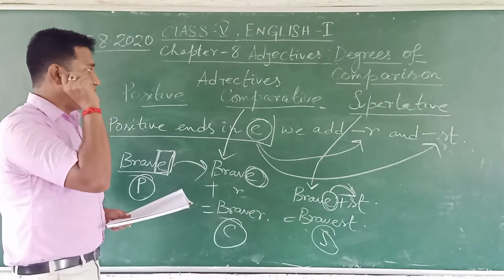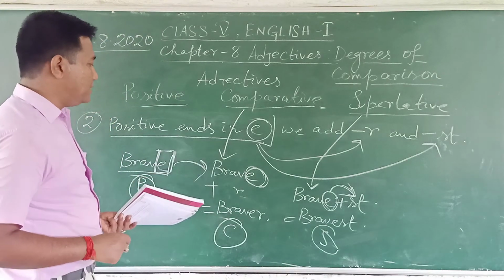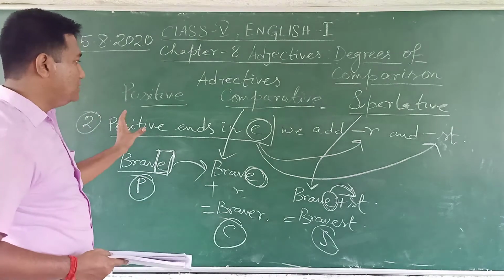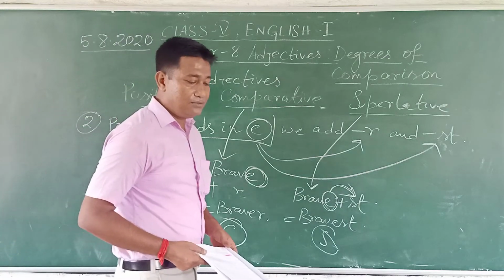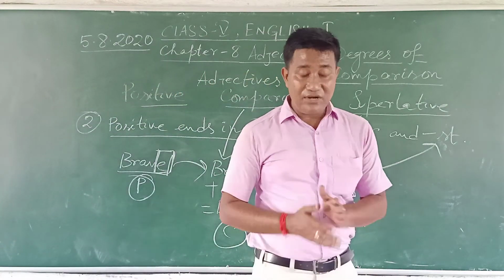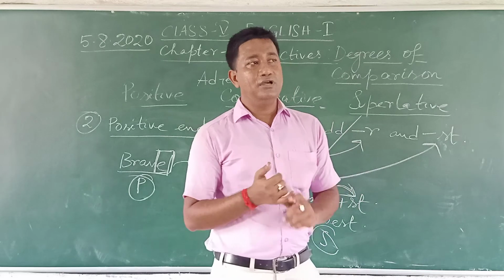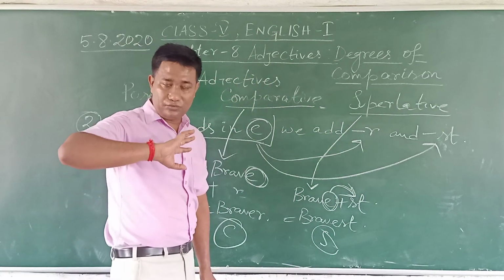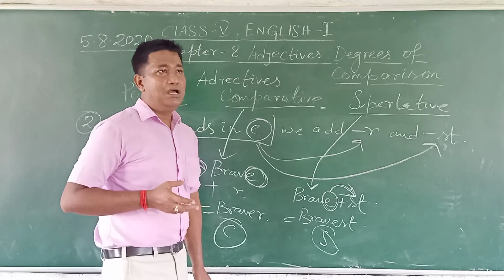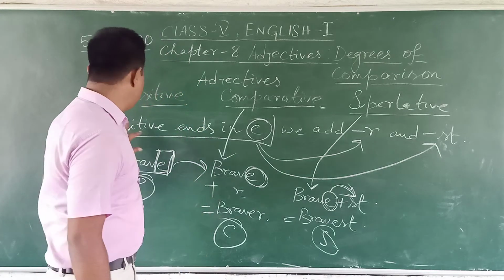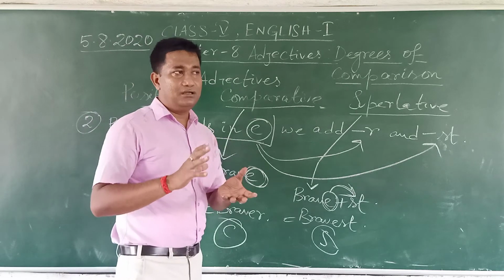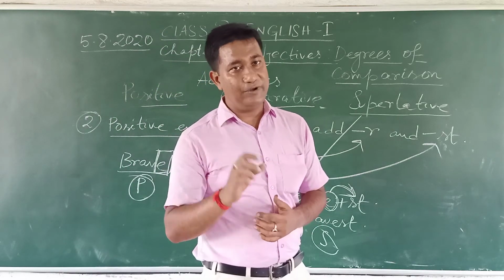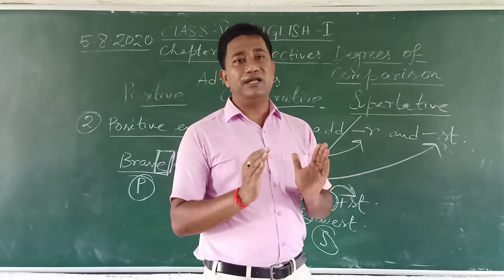Okay. So this was all about our today's class. Just follow my class in a normal way and try to understand the things. Out of those 6 rules to make the degrees of comparison, we have discussed only 2. Let me do some mind mapping. In the first order, I said all about adjective in a brief way. Then what is all about degrees of comparison?